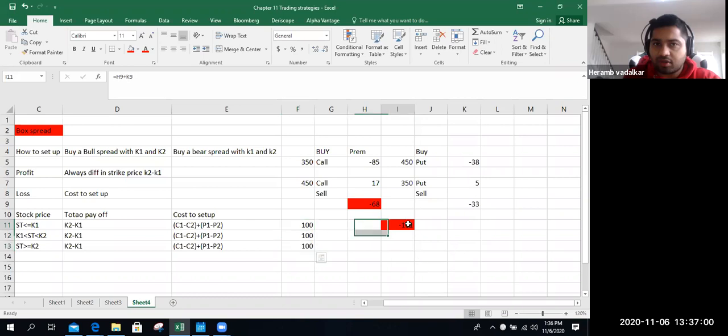But it may happen that this cost becomes 80 bucks sometimes. Options are traded and sometimes they're irrational. So keep track of it. If it goes to 80, then you do the strategy right away. You pay 80 and get back 100. So the box strategy is not always profitable, but whenever there's an arbitrage opportunity, keep calculating the cost to set up a bull call spread, a bear put spread, and then the difference. If this is lower than what you're going to make, the difference in the strike prices, you get into the strategy.